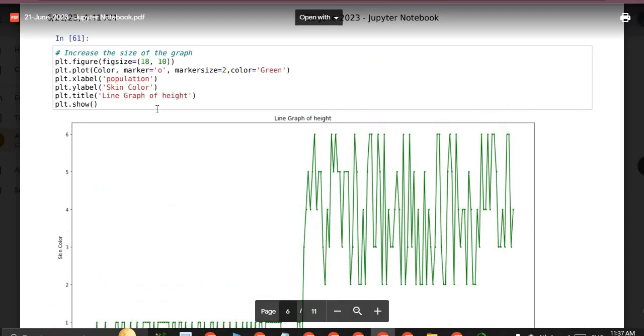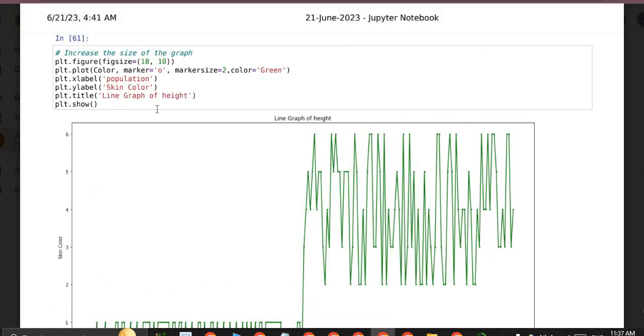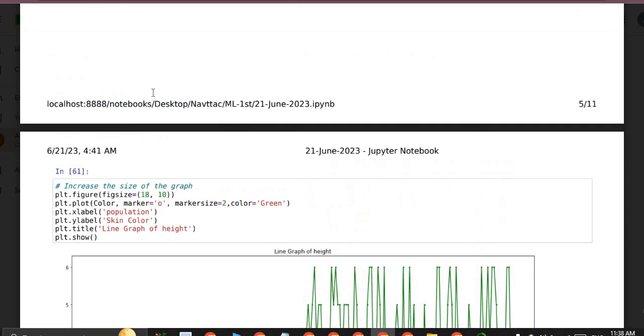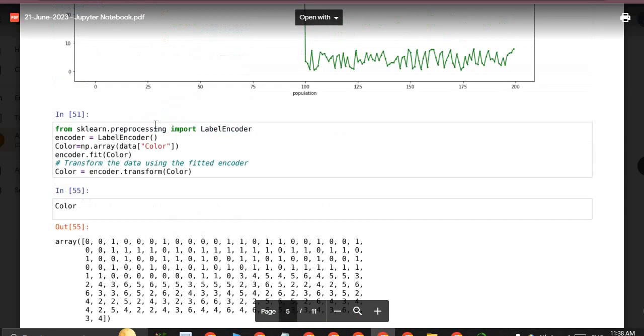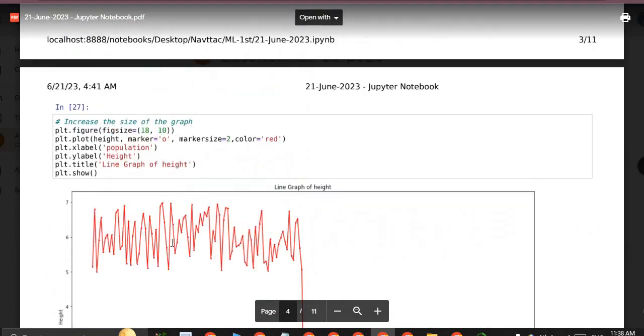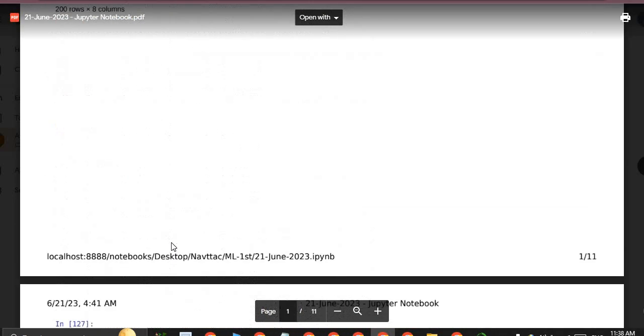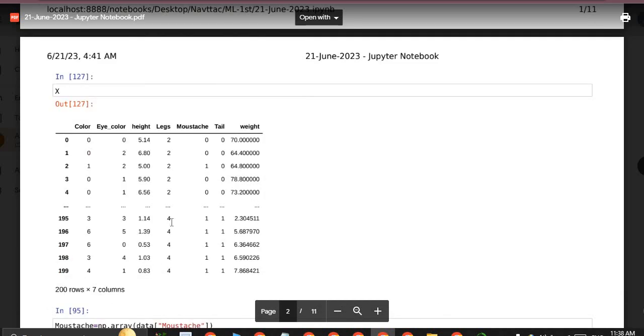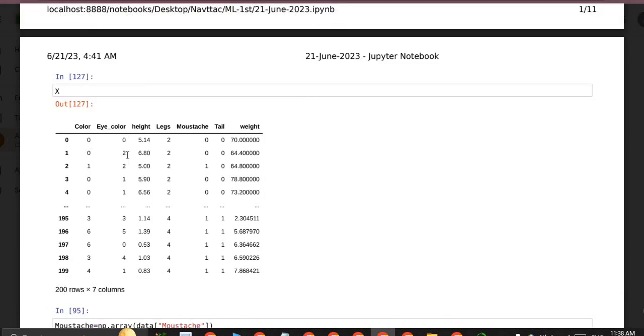Here this will represent the data of skin color. First of all we will transform the color. Here we have two types of colors. Let me show you. Color 0, 1, 2, 3, 4, 5.